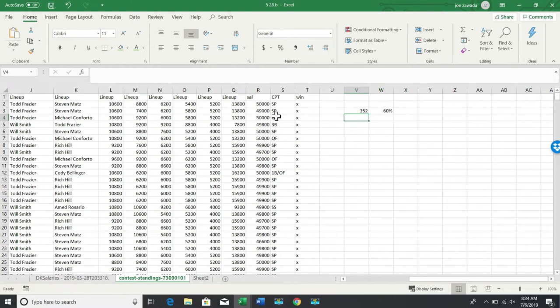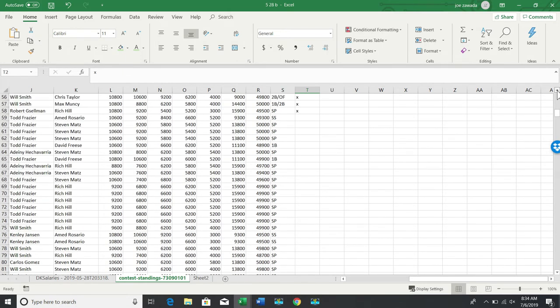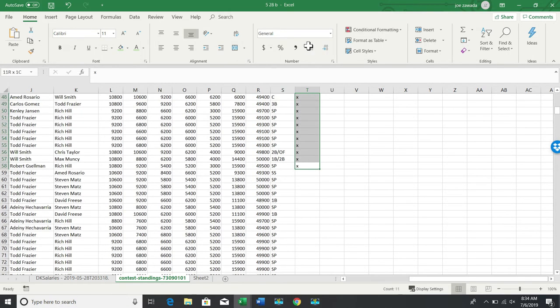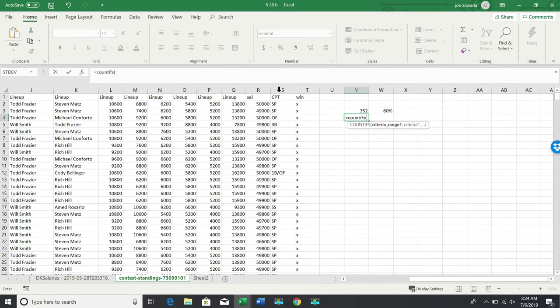But now let's see, of the X's, the total number of X's, like the top 10%, how many are pitchers? And we got 57 X's, and we'll do COUNTIFS. So we're doing two criteria. The first criteria is this range, and it's starting pitcher. The second criteria is this range, comma, X, and it's 41. So now if we did 41 divided by 57, you'll see 72%